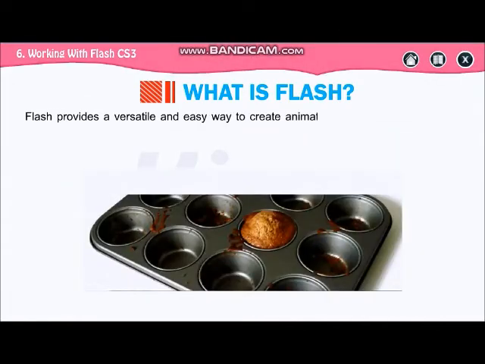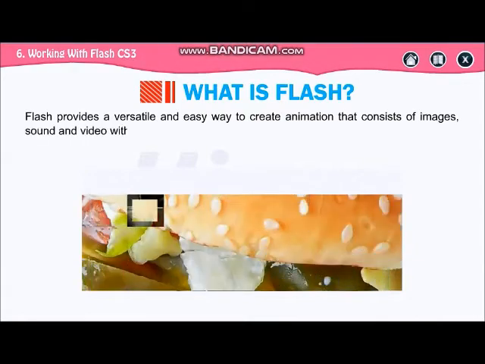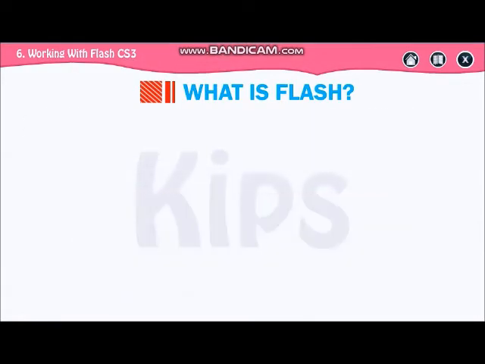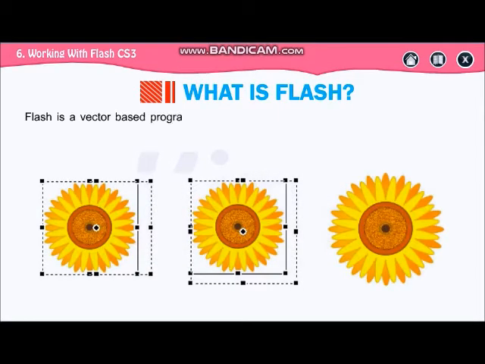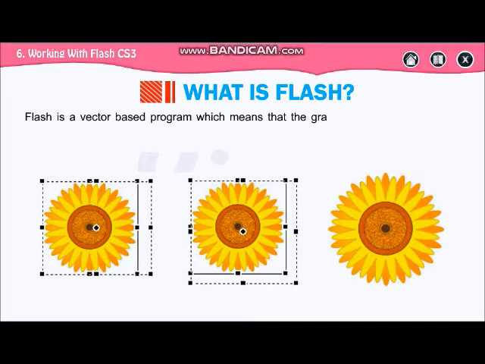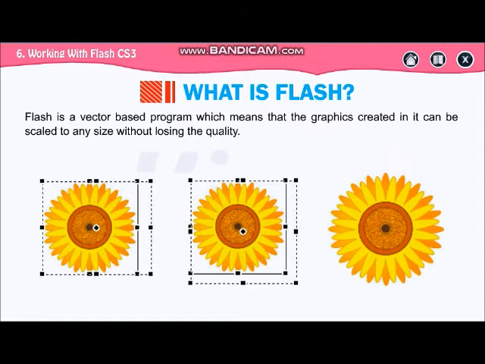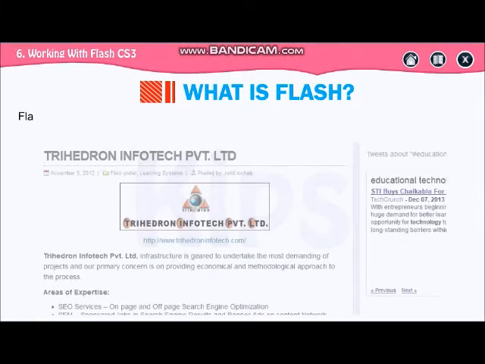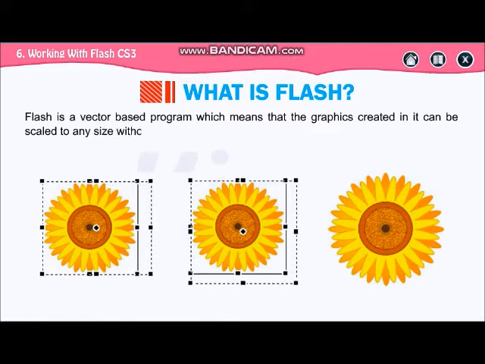Flash provides a versatile and easy way to create animation that consists of images, sound and video. Now Flash is a vector based program, which means that graphics created in it can be scaled to any size without losing quality.